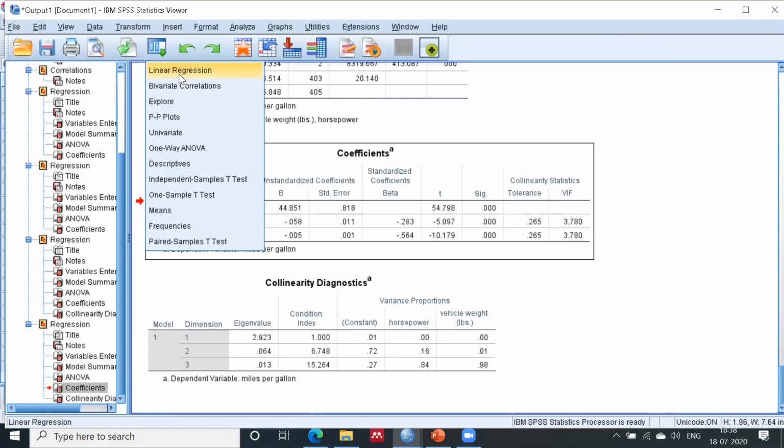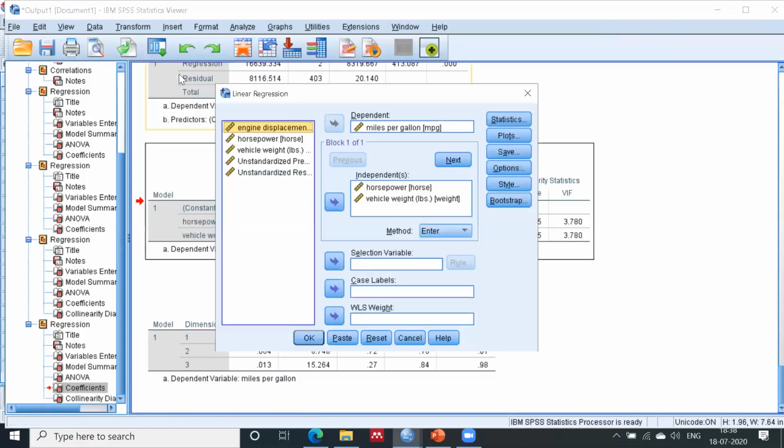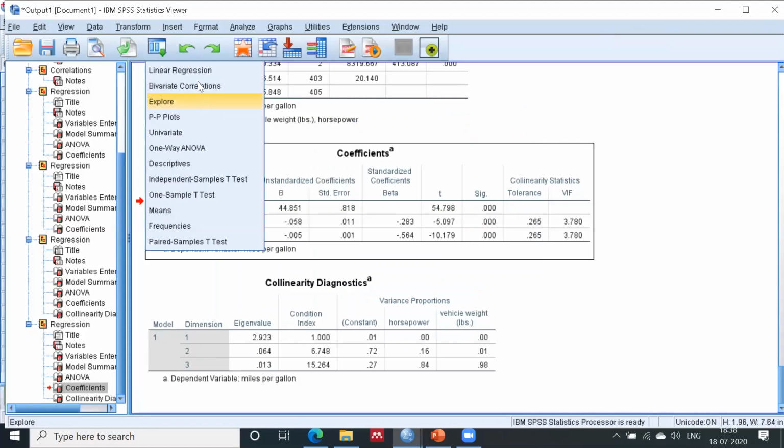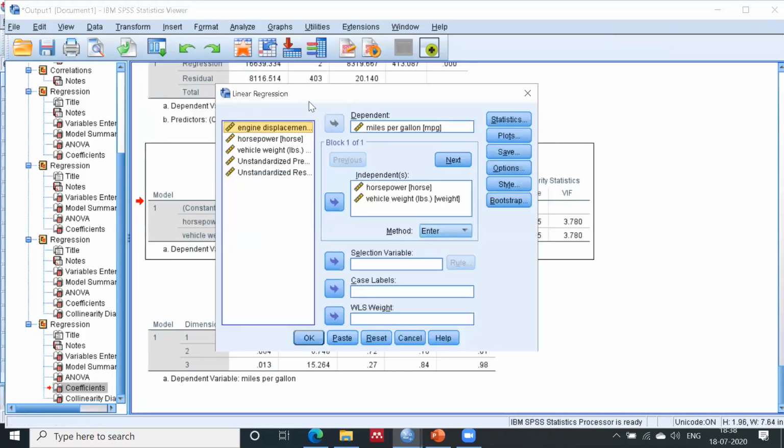Regression also. So stepwise regression is helpful to remove the multicollinearity automatically, right? For stepwise, you have to choose the linear regression, right? In the linear regression, you can take all the independent variables, because right now I don't know which variable is creating the multicollinearity. I want to remove the multicollinearity with the help of the stepwise method, so I can take all the independent variables. Okay.